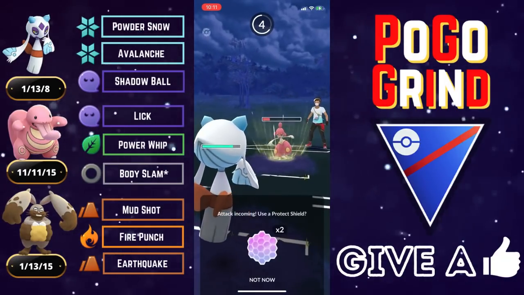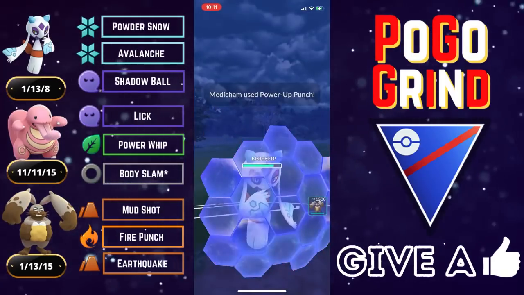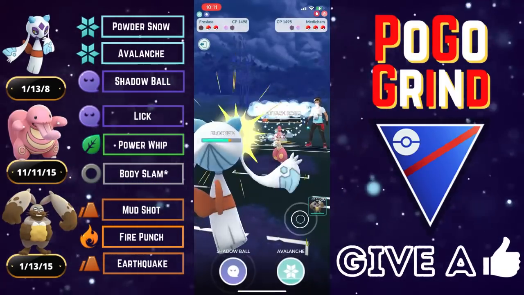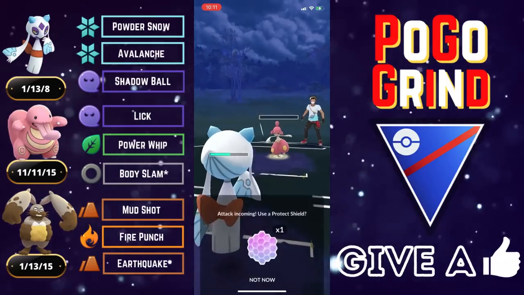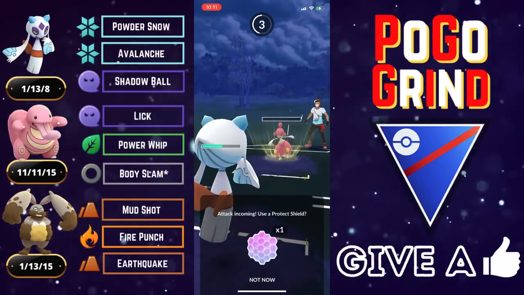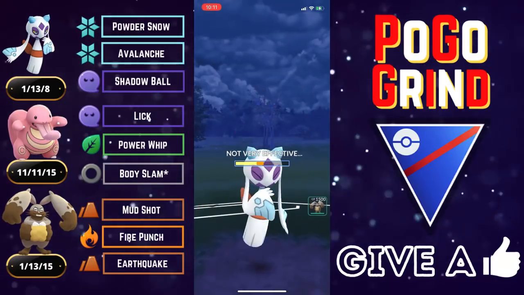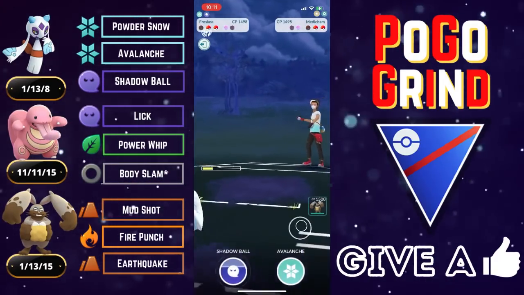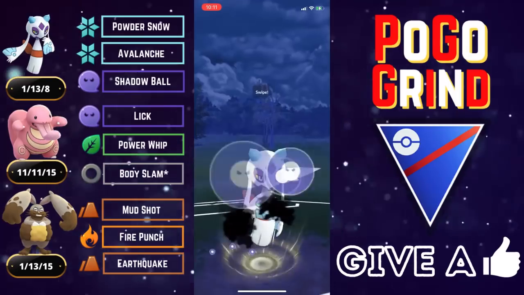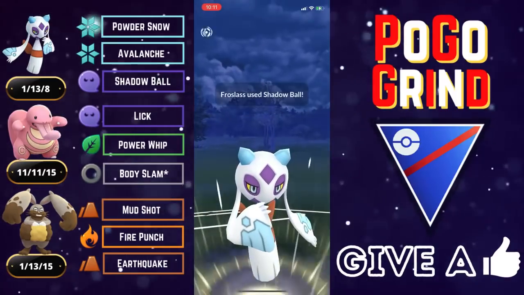We shielded up the first power-up punch, where you really don't want to be shielding up the first one, as we all know. Rookie mistake right there, guys. You always want to shield up the following power-up punches, as the following ones are gonna hit a little harder. But we don't want to go down on shields completely, so we're gonna let it go through. It is resisted, of course. Single resisted because we do have an ice subtyping,